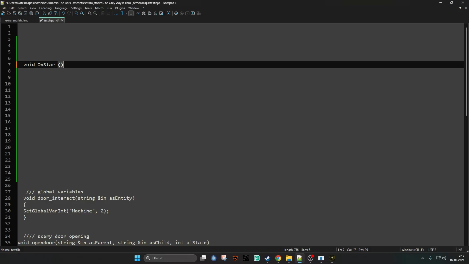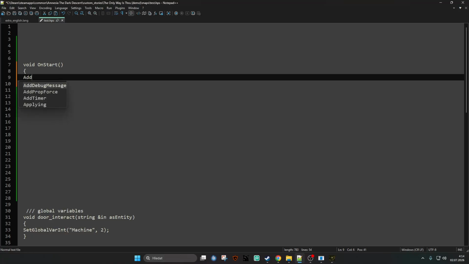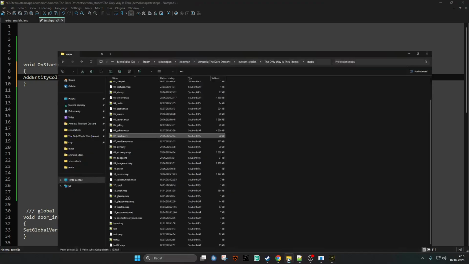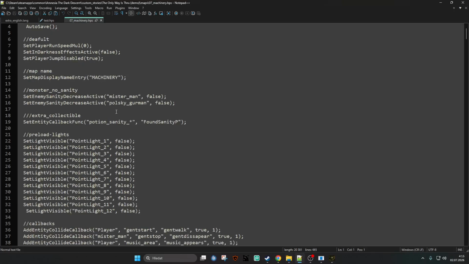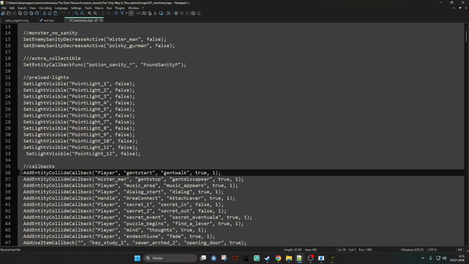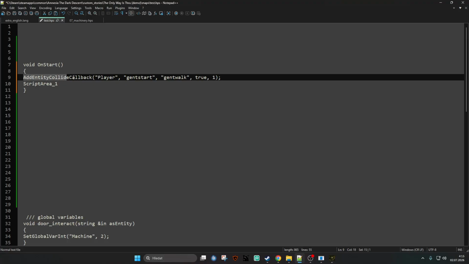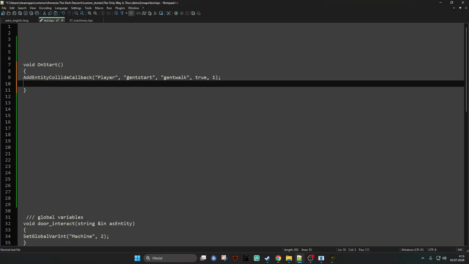You're gonna do void OnStart, and we're gonna add AddEntityCollideCallback. I'm just going to check it just in case, so we're not gonna need to reset it. Yeah, I'm just gonna copy it. This is a pretty difficult one to remember. AddEntityCollideCallback. Okay. So if the player goes into script area 1,